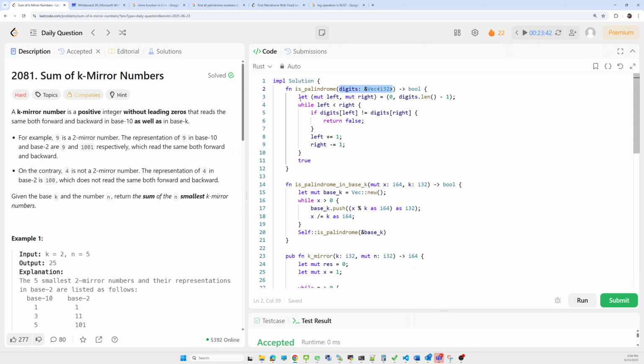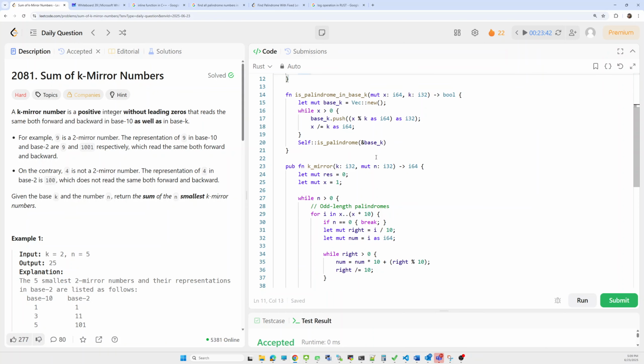Here we iterate over the list using a two pointer approach, one from the left and one from the right, and compare all the left and right elements in the digit array. If they are not equal, we simply return false, else we squeeze in from the left and right side. In the end, based on the palindrome condition, it will return true.